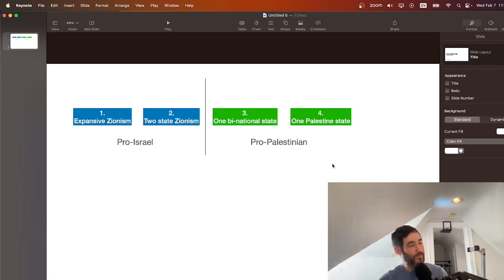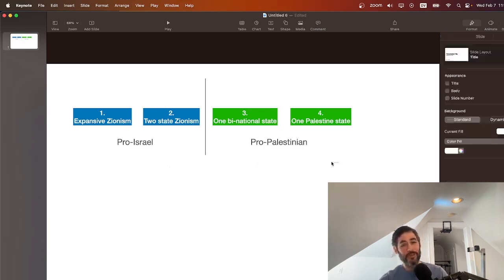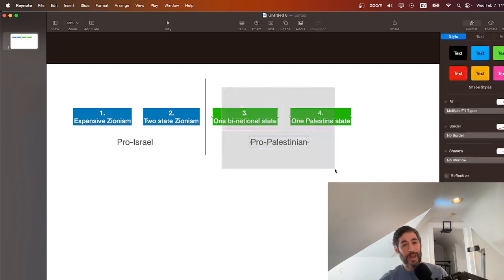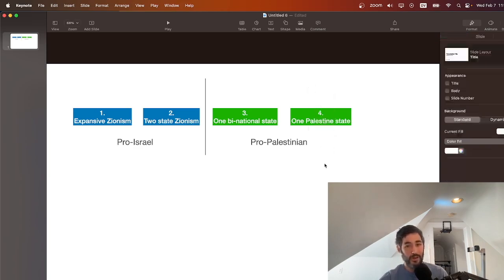If I believe that the mainstream position among Palestinians is one Palestinian state, then I am not interested in two-state Zionism. I will be pushed into expansive Zionism, right? I think that's crucial to understand. And that's especially salient in this world of social media, where in our media bubble, certain voices get amplified. It's certainly relevant in understanding how Israel is going to feel when it's in a war with Hamas, whose charter is certainly one Palestinian state with no legitimacy to an Israeli presence, a Jewish presence in the land at all.